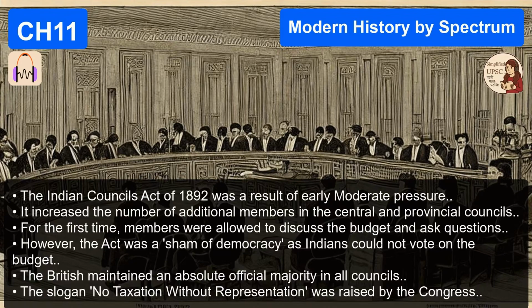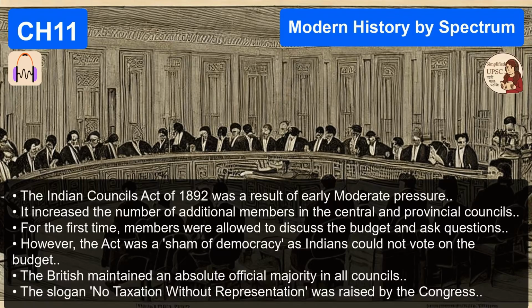It truly is. Okay, we have covered a massive amount of conceptual ground today. We've gone from the early precursors to the 1885 foundation, unpacked the safety valve, detailed the drain theory, and evaluated their legacy. It's a heavy chapter. It is. Now, let's switch gears. We need to actually verify if you, the listener, are ready for the exam.